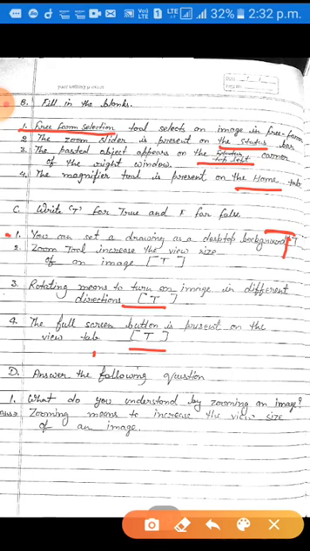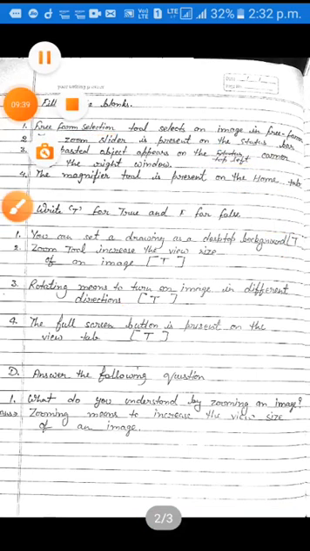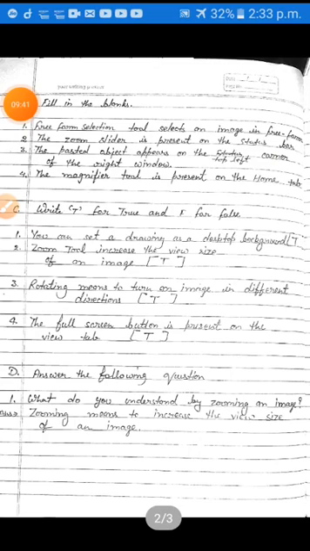Now come to the next exercise, that is exercise number D. Look at exercise number D. Exercise number D is answer the following questions.